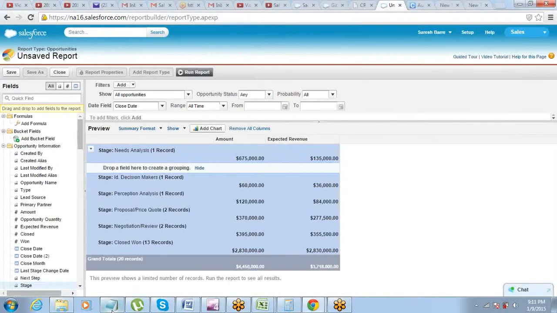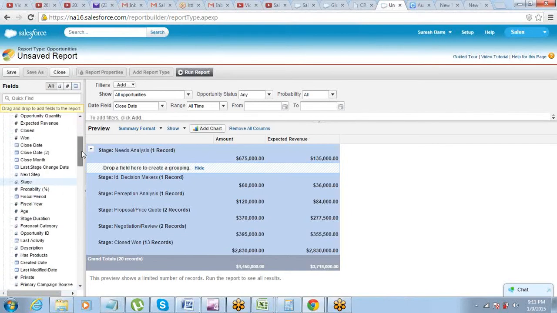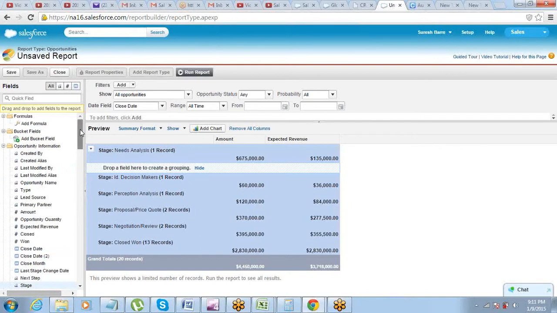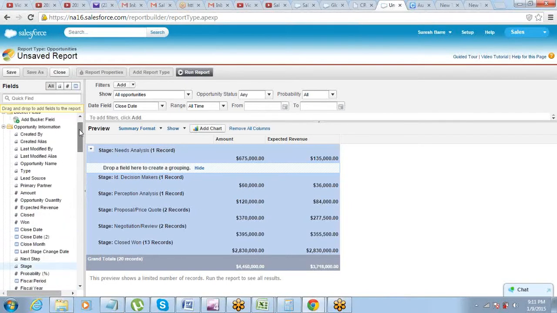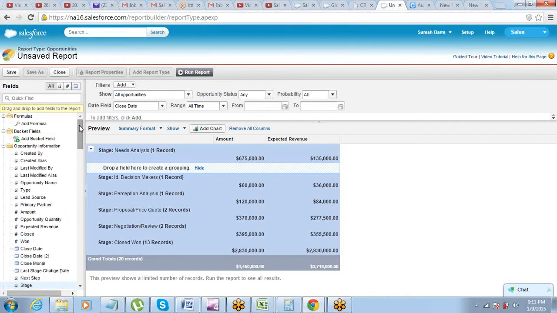Now, this can only be done in a pick list data type field. Yes, it can be only done on the pick list. That's correct. Because pick list is the only thing where you have that sort of option, right? If you want to do it with something else, then you'll have to create your own buckets.